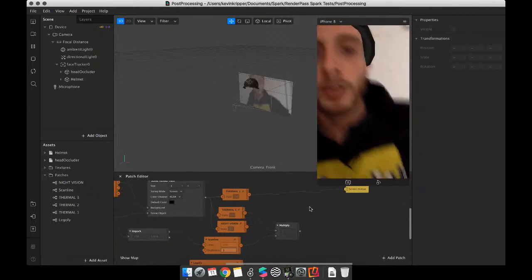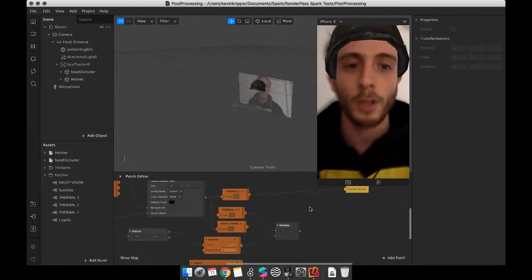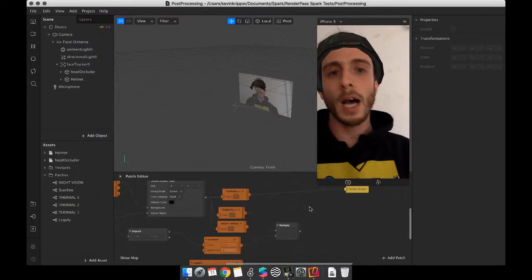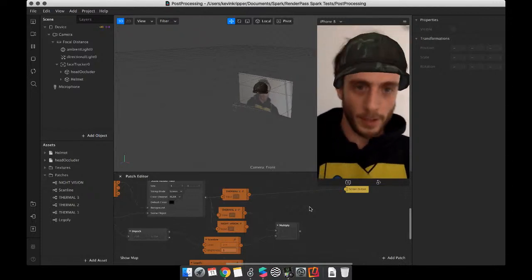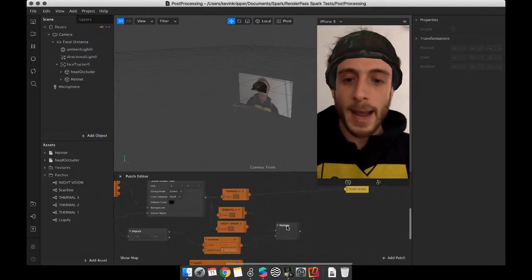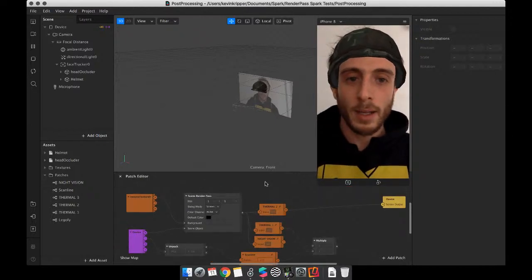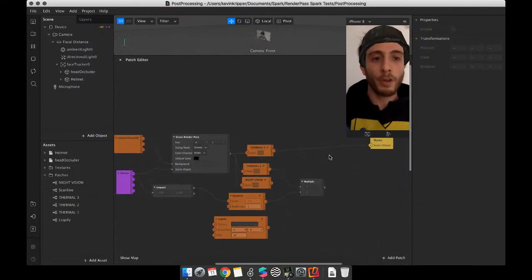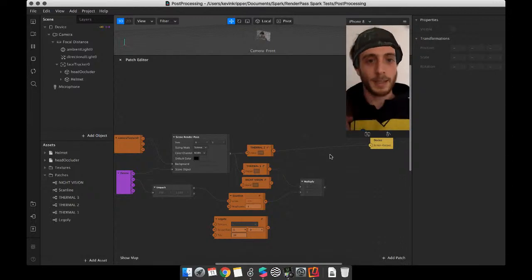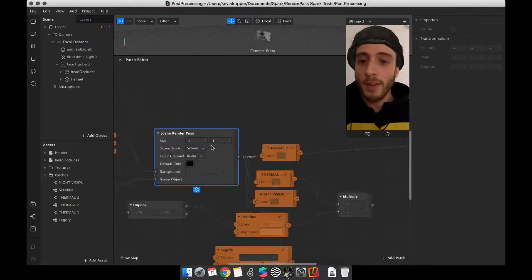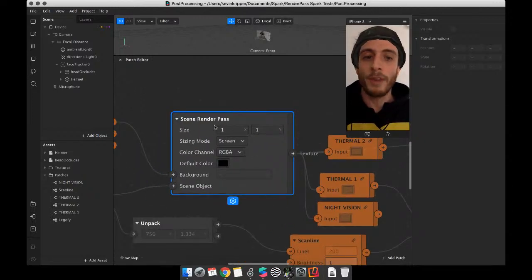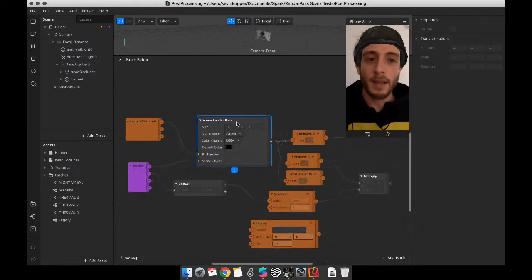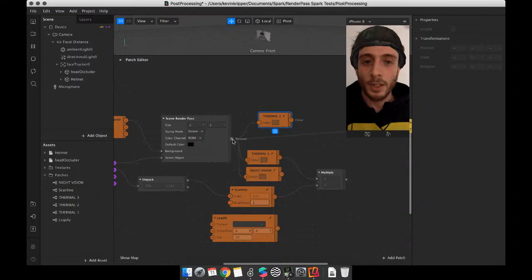And that means that there are a lot of assets that you might have bought or you might check in my Gumroad, which now can be really useful. For example, this is a war helmet, okay? And I have here some thermal color palettes, and I'm going to apply that as an overall filter on my image, like a post-processing. So the helmet is going to be processed as well. So I have here another object, which is the scene render path, which is grabbing, in this case, the whole scene, and that spits out a texture, and from that texture, I'm sending it to the